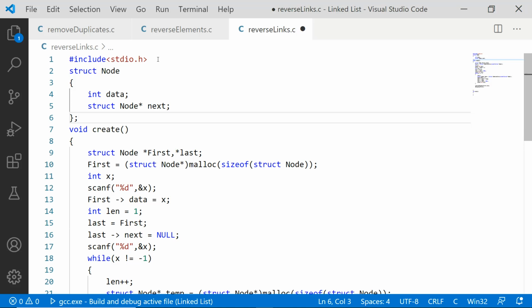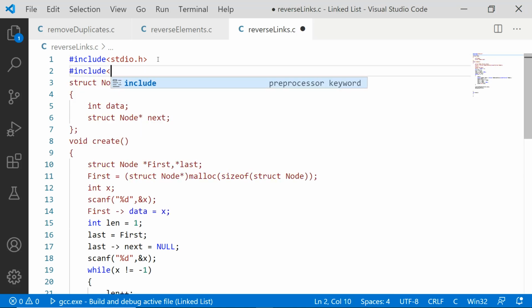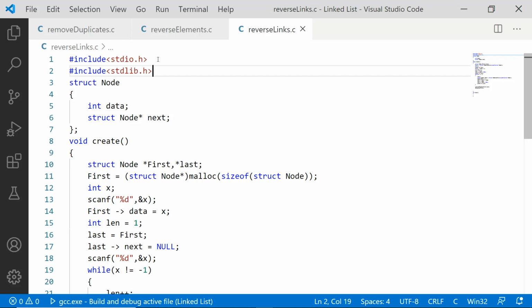After this struct node, I also want a library included, stdlib.h.